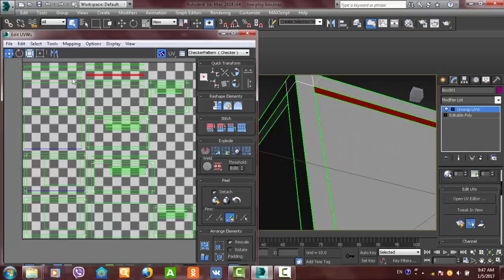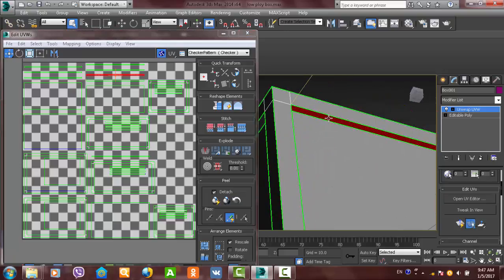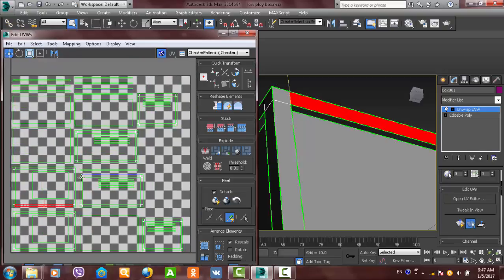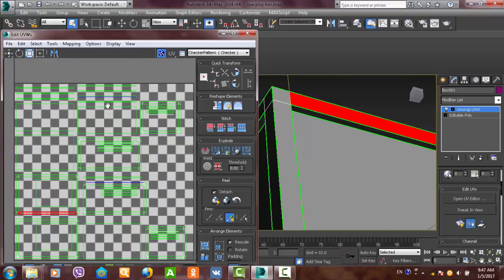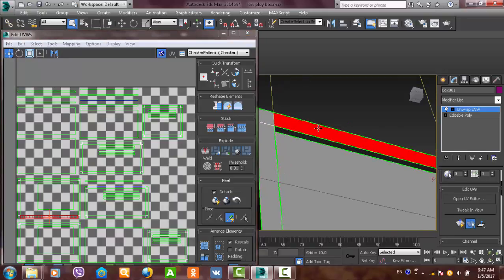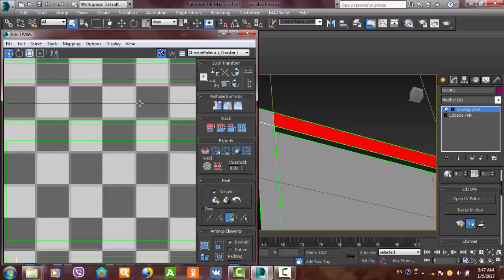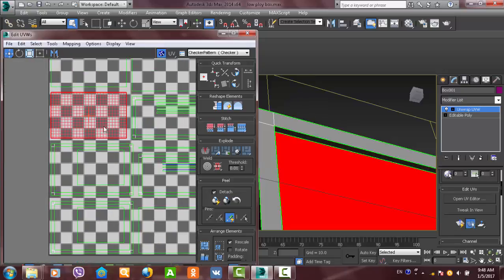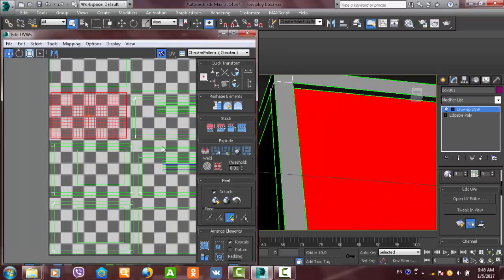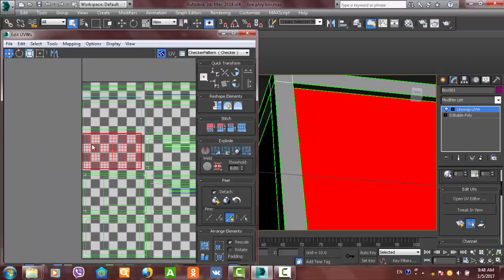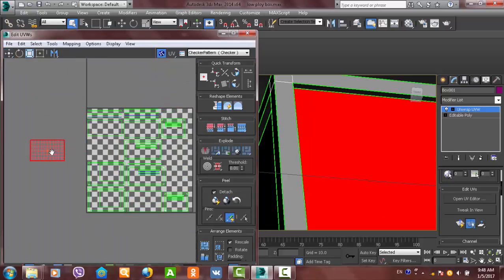Now once you select your polygon from over here, let's say if you select this face or this one, you'll see that it shows those blue lines, which is the end and the beginning of the edge. Let's say this is the end of the edge, which is this one, which starts here, and this one starts here. I think you almost get it right. Okay, so what we're going to do is just select this one. Let's say we select this polygon over here,